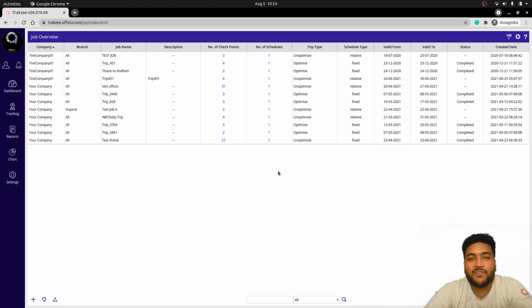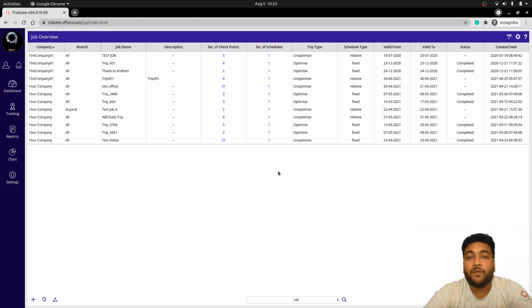Hello. In this session, we are going to discuss how to configure job. So don't waste your valuable hours planning delivery routes and assigning everyday tasks. Instead, use our job module, plan delivery trip, add checkpoints, and mention conditions of recurrence. Here, tasks get automatically assigned each day without you worrying about it.